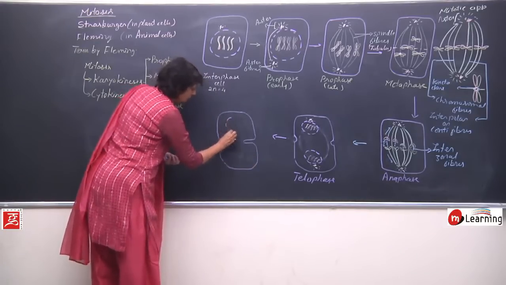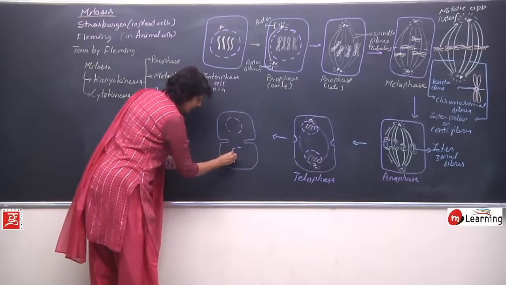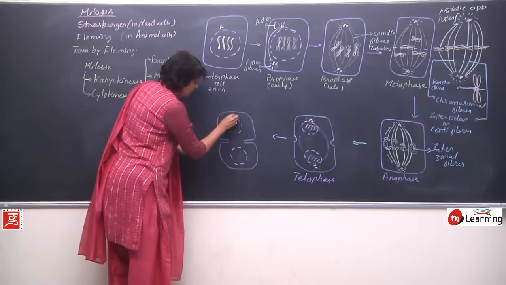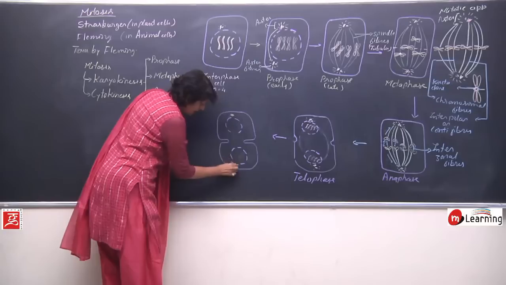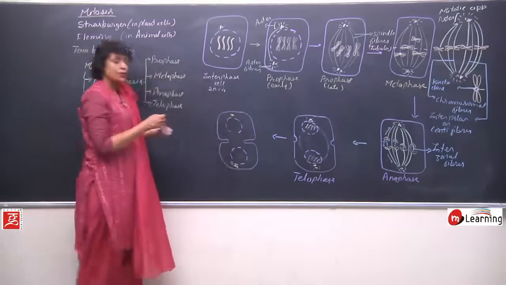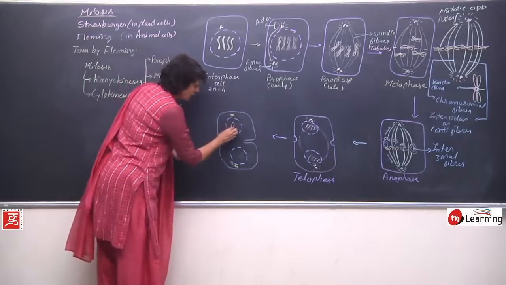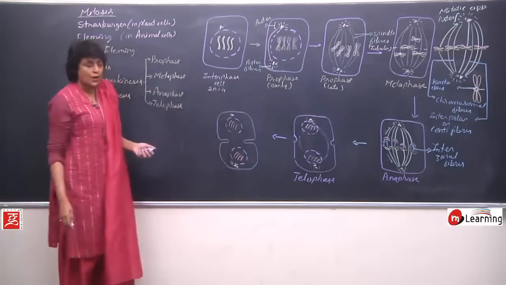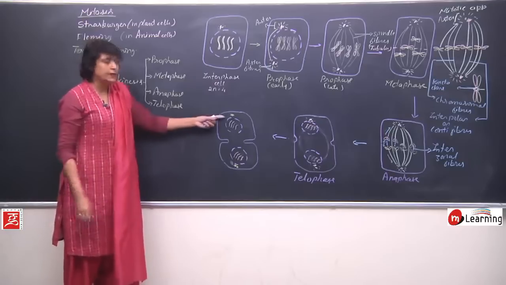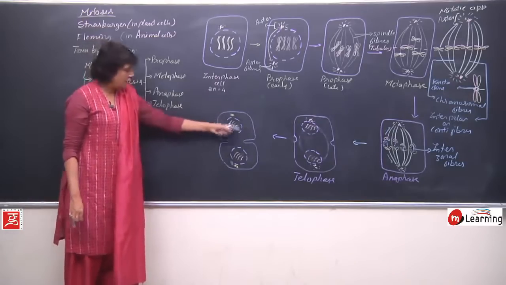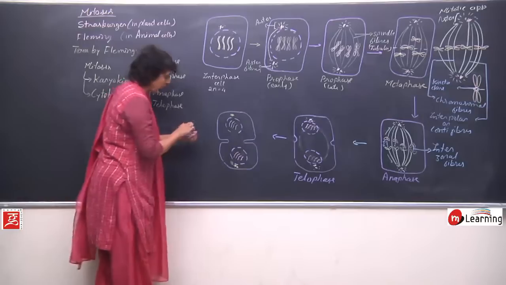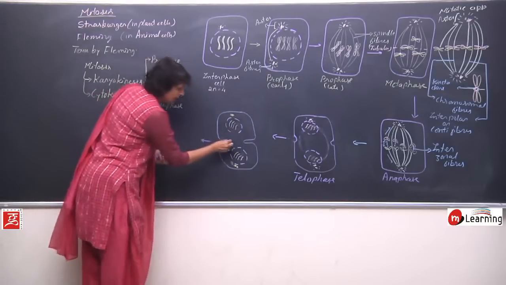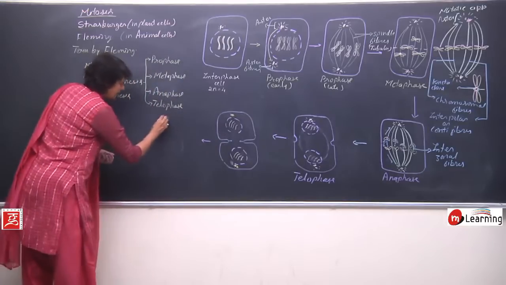Both the halves have their own nuclei now, their own centrioles, and each nucleus has 4, 1, 2, 3, 4 chromatin fibers. All other organelles are there, that is Golgi, ER, everything, but we don't draw those things here. Now these constrictions, they would deepen. That means in the next stage, this will get even deeper, this will get even deeper, and we will get